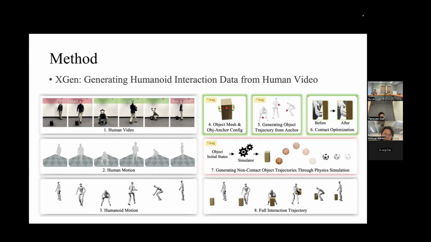But I mean the global position in the space. Oh, yes. With SAM3D you can get the global position of the human and the object.